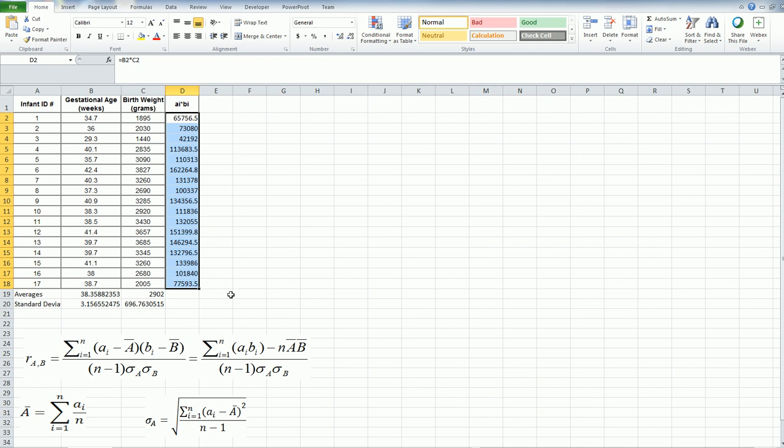Then I need to sum them. So here's my sum, and I'm going to actually do it here. Sum all these values. Right. So now I have the sum and the rest of the values. So I need to calculate this top value and then divide by this n-1 sigma A sigma B. All right. So let me say